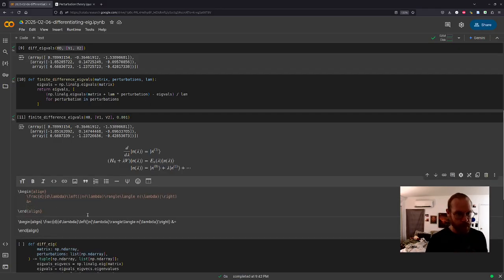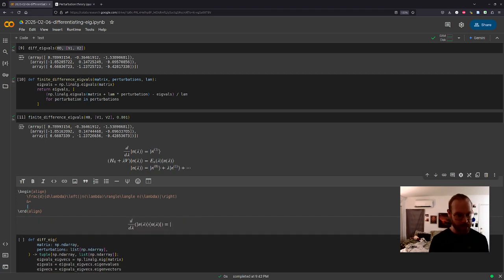Now I can write down what the derivative of this projector onto n lambda is, in terms of n0 and n1. If you take the derivative of the left part of the projector, the left n0, n lambda, that derivative is n1.